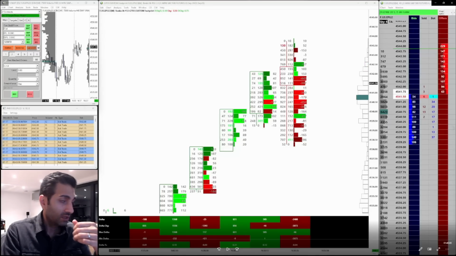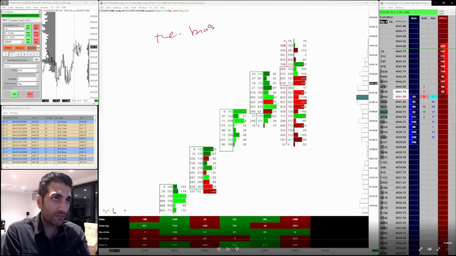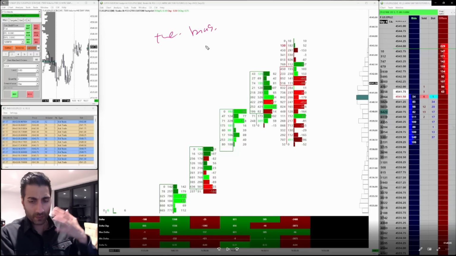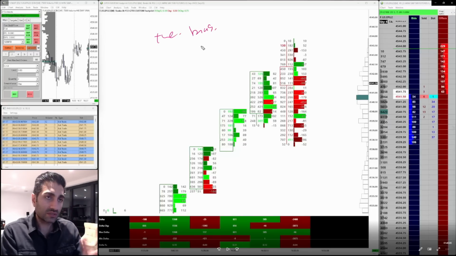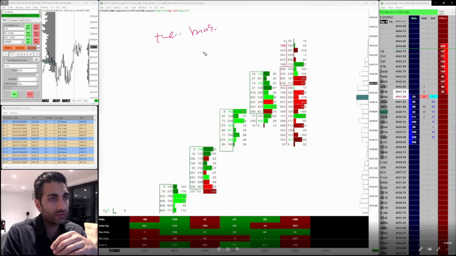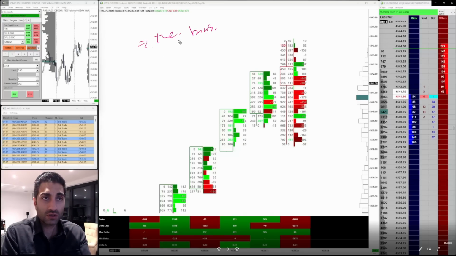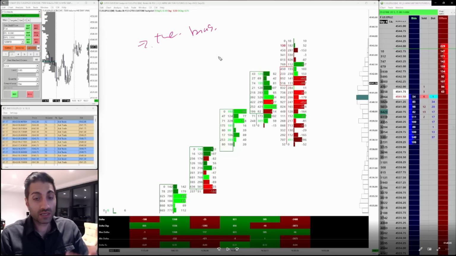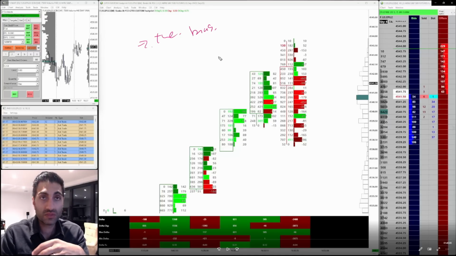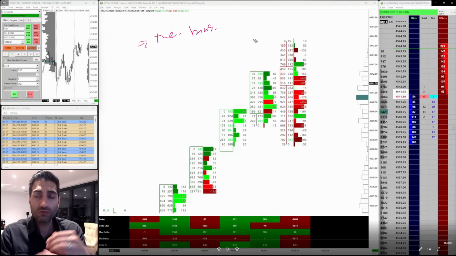Okay, so let's actually now do some analysis, right? Obviously I want to buy the market. I've got a very positive bias based on fundamentals, and there's some other things I do look at in terms of broader order flow, but in terms of the fundamentals, the bias is very, very strong because the market has positive sentiment based on the expectations that we will only have one more hike at the next meeting in 8 days, and then nothing after that. And obviously inflation falling off is the factor that's driving that thinking, right?